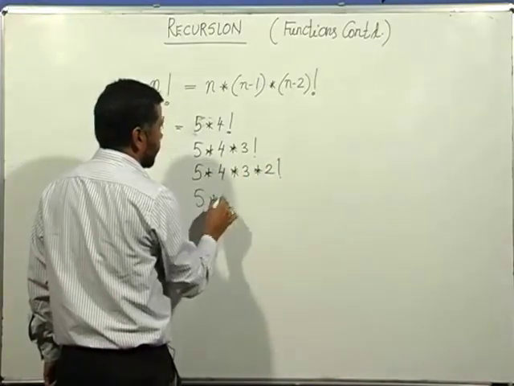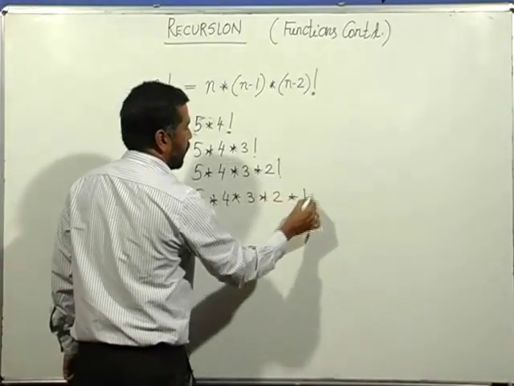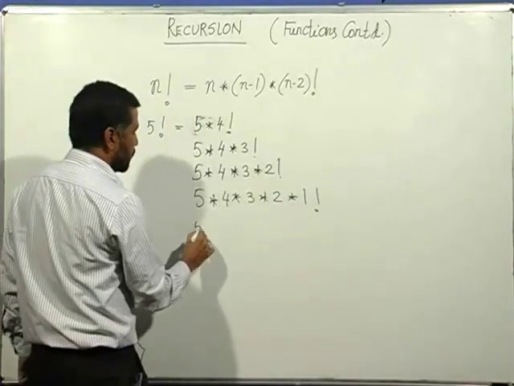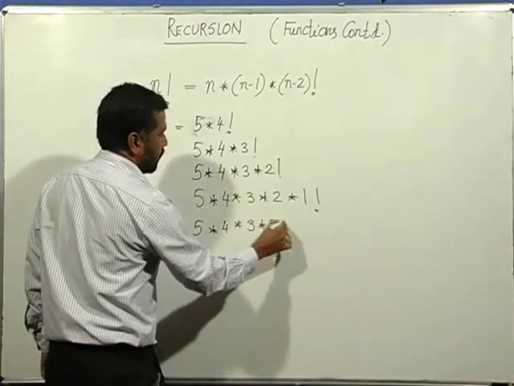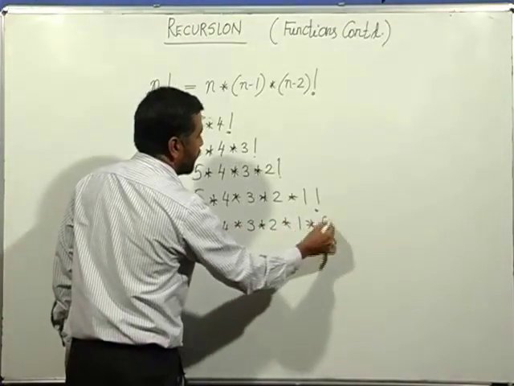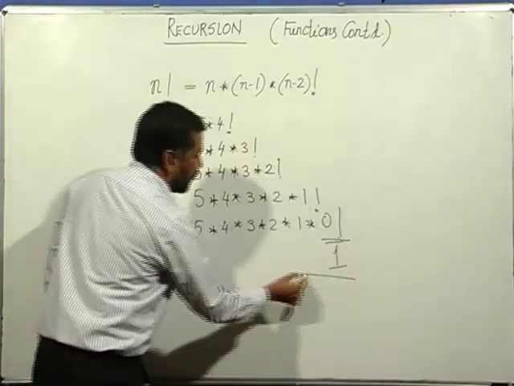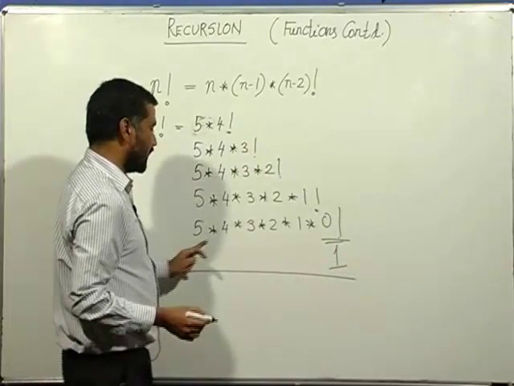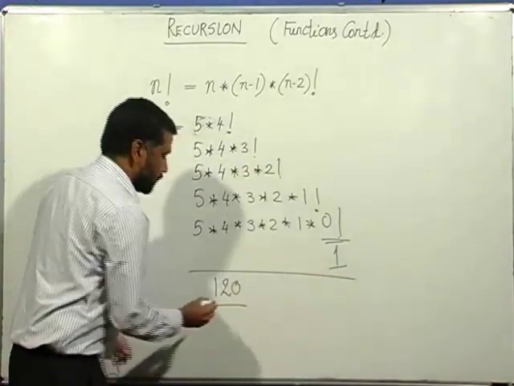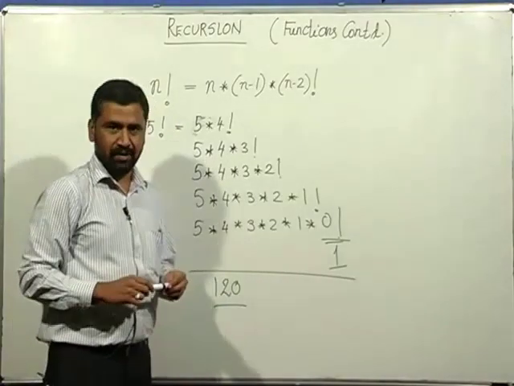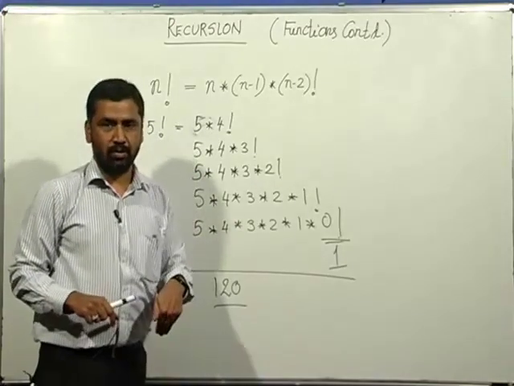Further, still there is no answer. One times finally 0 factorial. Because this is defined as 1, now this entire thing can be calculated as 5 times 4, 20, 60, and the answer will be 120. So this kind of a definition where one thing is defined in terms of itself is known as recursive